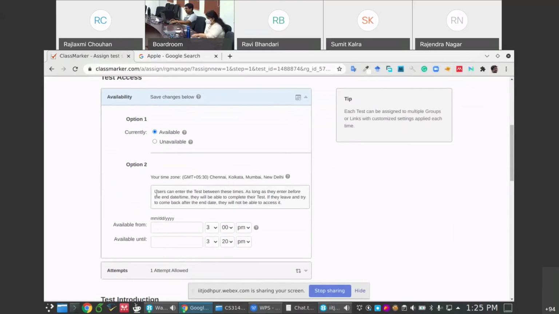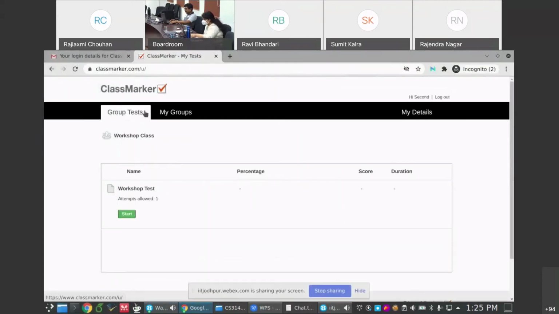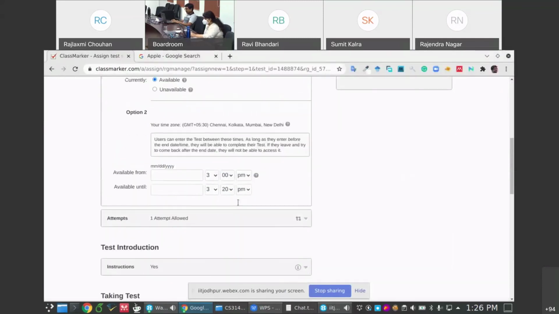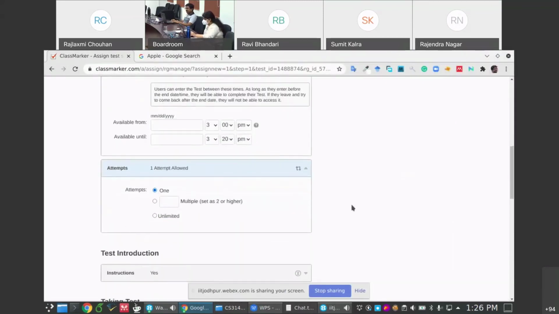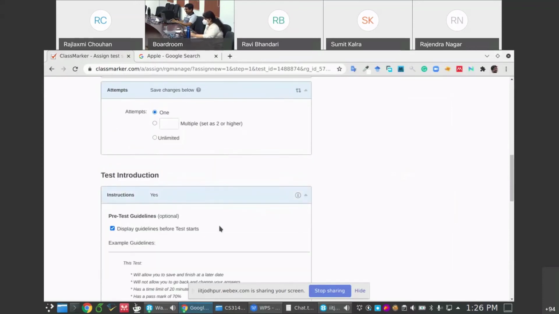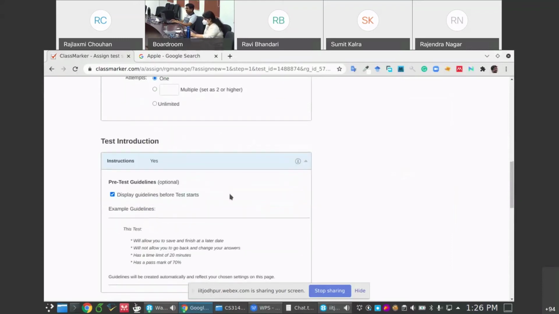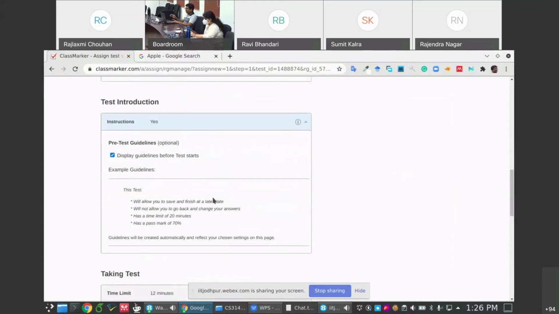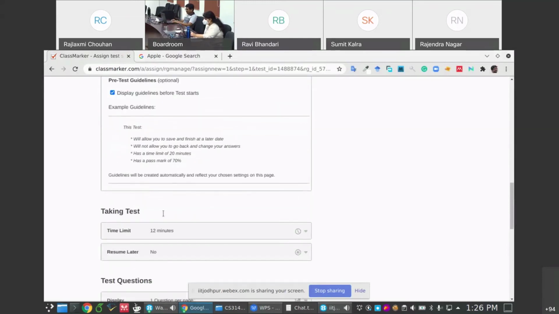This one is their home page. So if I set this kind of test to be gone after 30 minutes, they will not be able to see it anymore. Then, how many attempts do you want to allow a student? One or many. You can put any number like 2, 3, whatever you want. Then the instruction: that instruction screen will be shown to them or not. This instruction will be automatically selected based on your settings, like it is random, you cannot go back. These kinds of settings.